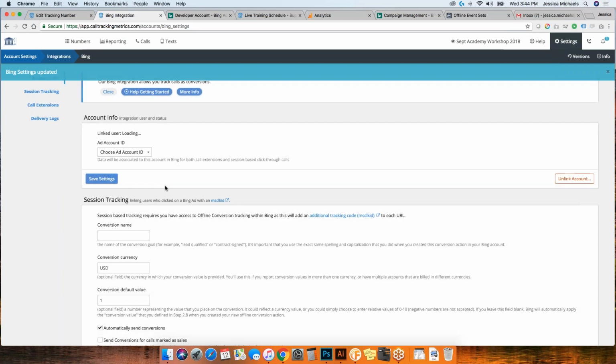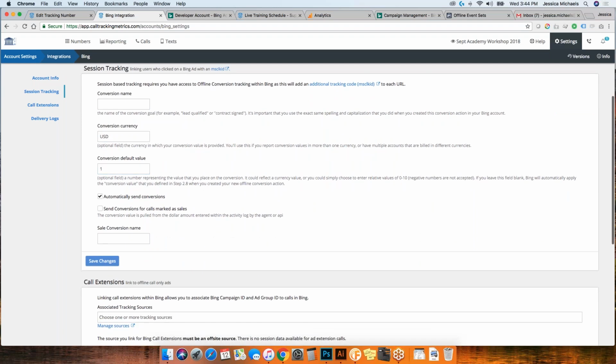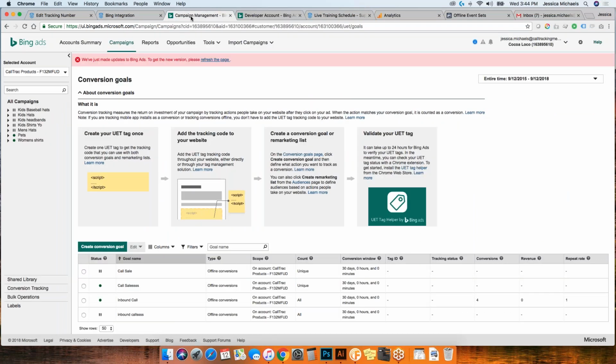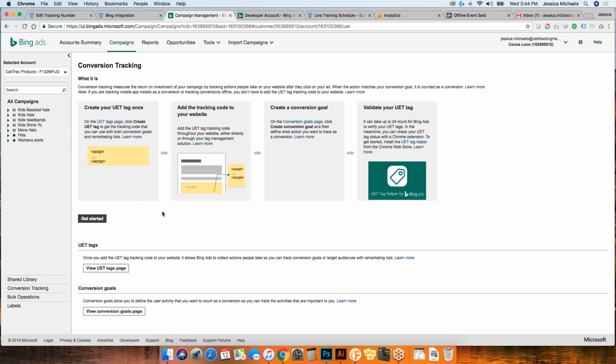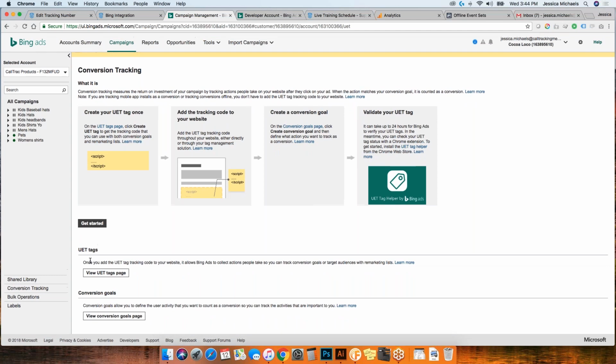So once it's connected, the next thing we would want to do is map how we want that data to go. So let's hop over into Bing. So here's the account it's supposed to be connecting to. The Bing integration works by having offline conversions. And as soon as you have an offline conversion created, it's going to automatically add an MS Click ID to the URL, much like how Google does a GCL ID.